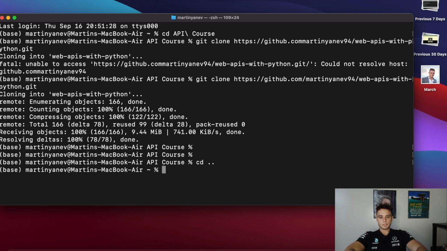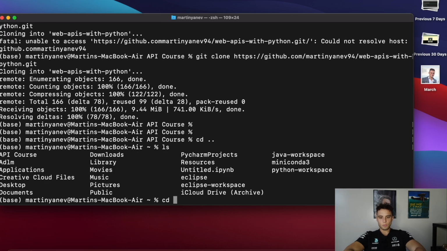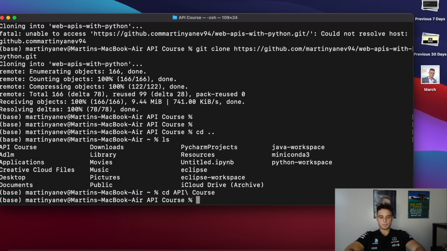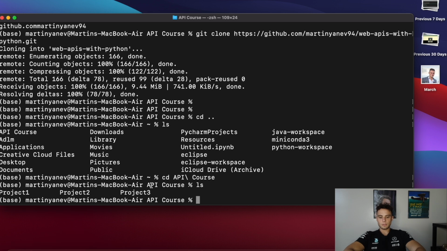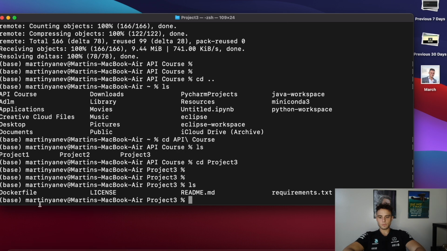So let's do cd double dot and then ls. Let's go back to the API course. Let's do ls here, and you can see that we have all the projects. So let's enter project3 with cd. You can see the main files here, and now what we need to do is to install the